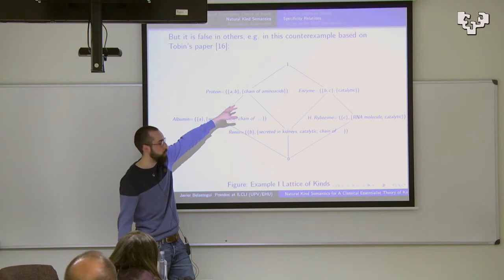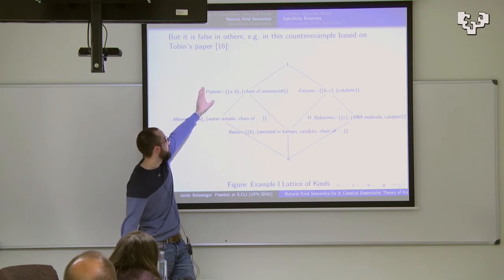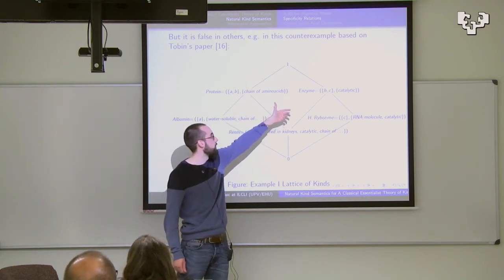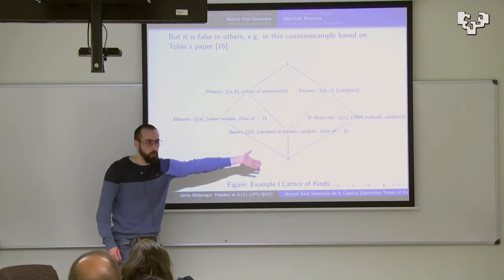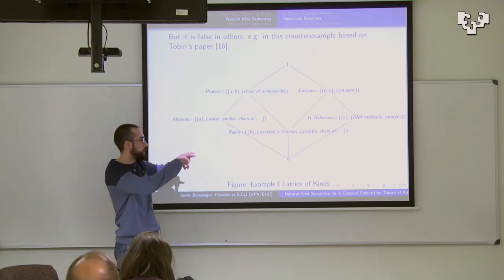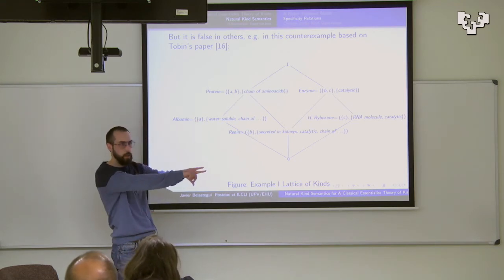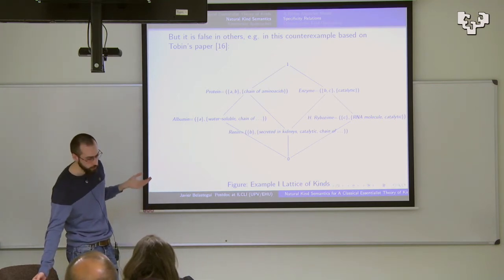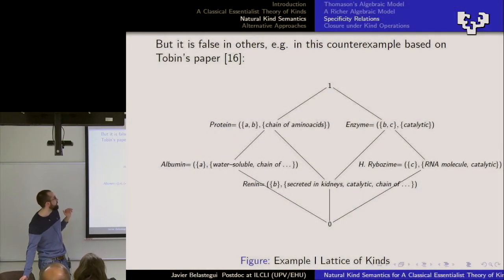These are kinds of biomolecules, and it turns out that there are things that are both proteins and enzymes. This is the example that Tobin gives. So you don't have a tree, because there are some branches that overlap here. And my point is simply that you can use the semantics to say,